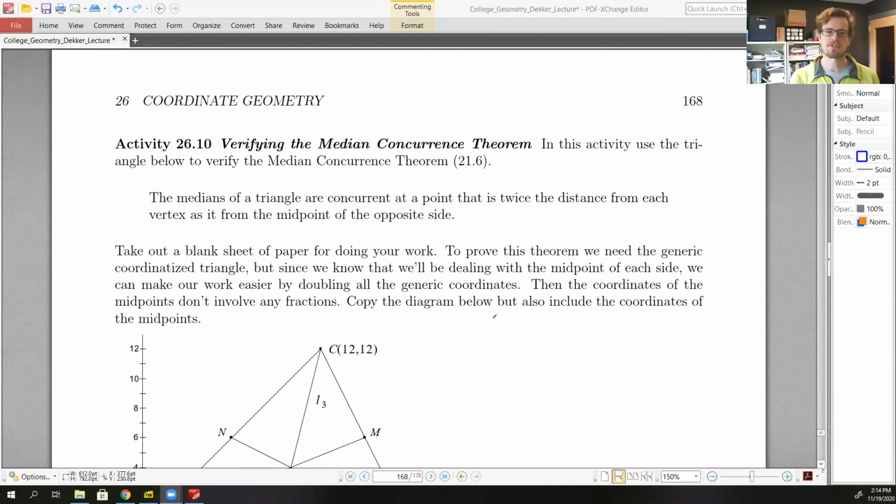The first one is verifying the median concurrence theorem, and the theorem is given here. It's a theorem that also came from section 21. It's not something that we've seen before necessarily, but I think it's something that we are still capable of understanding. So make sure you read the theorem. If you feel like you need to, you can go back to section 21, but I do not believe that there's a need to. The main thing is make sure that you recall what a median is,